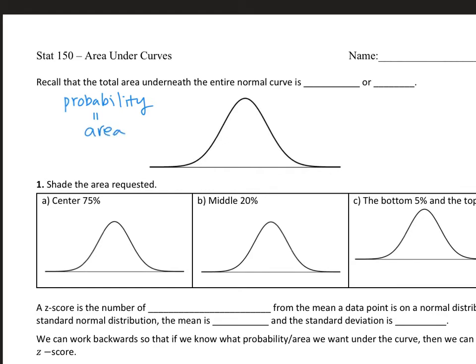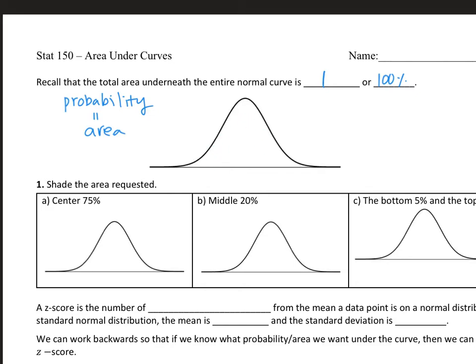So here we're going to try to develop a sense of what the area is like under this normal distribution curve, because that corresponds to probability. So let's get the first one. We call that the total area under the entire normal curve is 1 or 100%. This directly comes from probability, because total probability of any random variable is 1 or 100%. So we're going to think of area as the probability. So the total area of this graph is 1 or 100%.